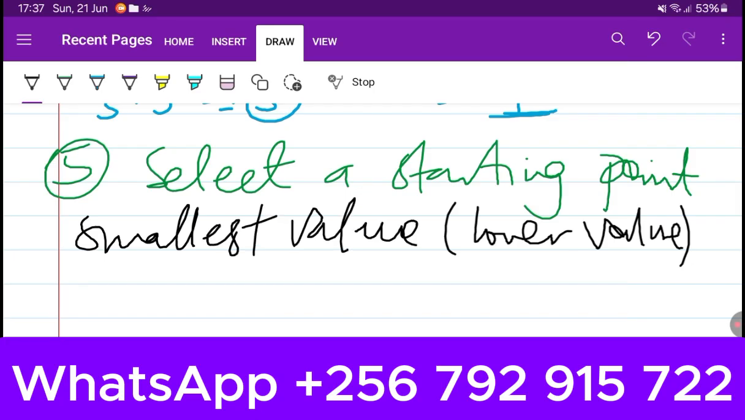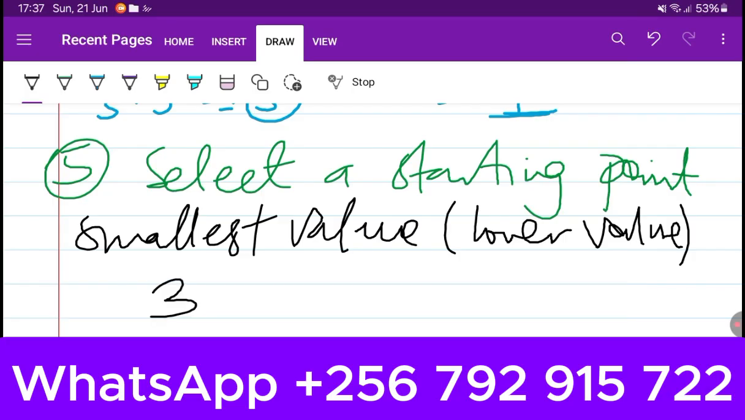You look at the data set, then you pick out the lower value. Most of the times, if you don't pick the lower value, make sure that you first understand what the lower value is. Then maybe you can pick any convenient number that is below, not above. You pick any convenient number that is less than the smallest value. If the smallest value is, let's say, 3,